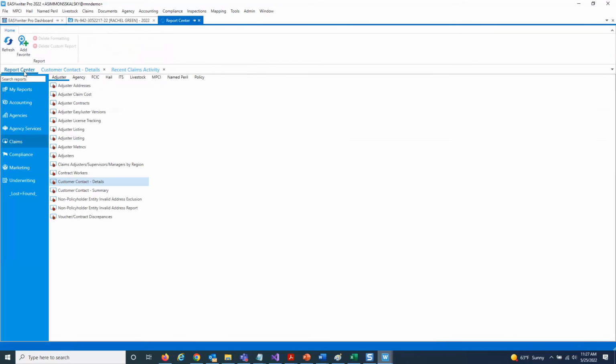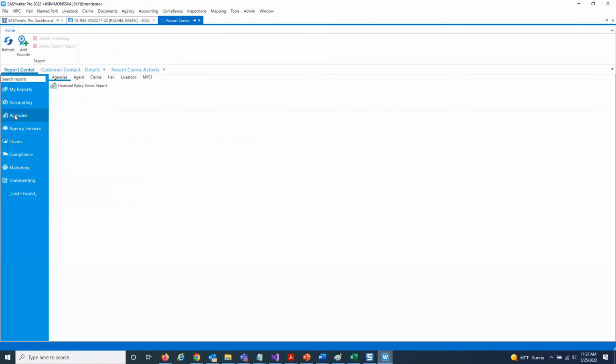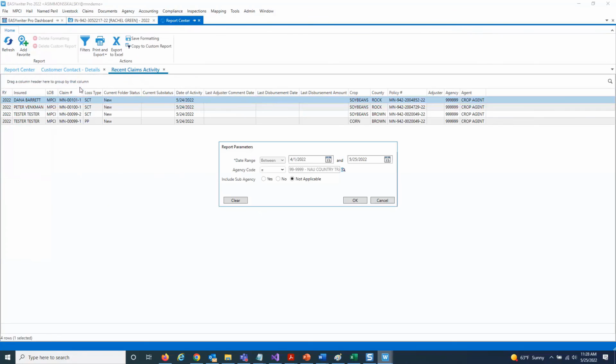The next report that I'm going to point out is our recent claim activities report. That is located underneath our agencies category and then subcategory claims right here. The recent claims activity basically lets you see just that, essentially, recent claims. And in order to get it to pop up, which I've already run, I wanted to show you